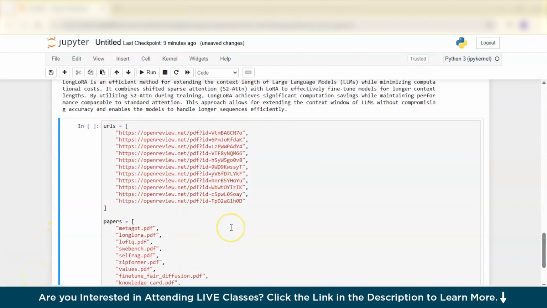And this code defines the tool list, URLs and the papers. So the URLs list contains 11 links to research papers in the PDF format from the OpenReview website, while the papers list consists of the corresponding file names that likely represent the downloaded versions of these papers. So here each URL in the URLs list maps to a specific file name in the papers list, suggesting that these names might be used to save the downloaded files. So this setup can be useful for automating the downloading process, keeping track of the files, or referencing papers by